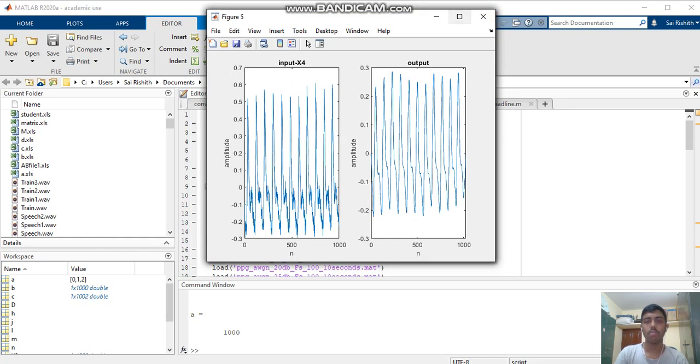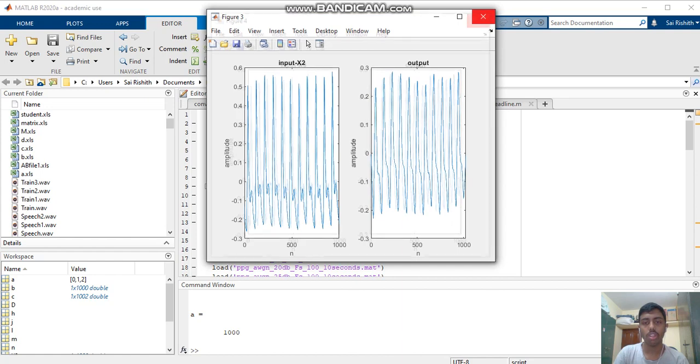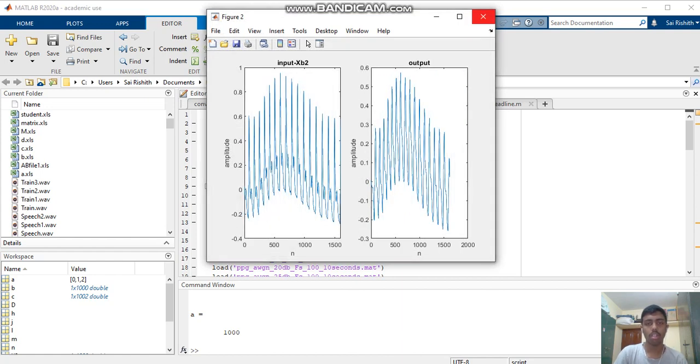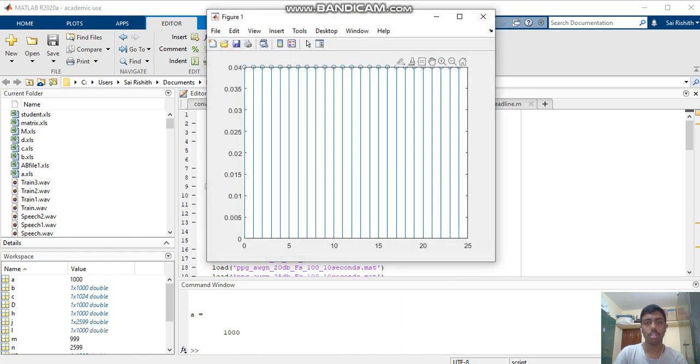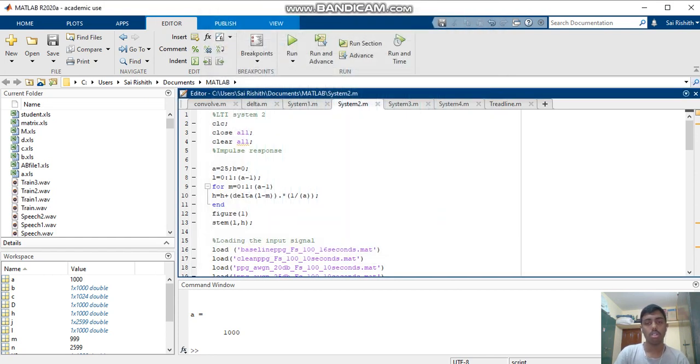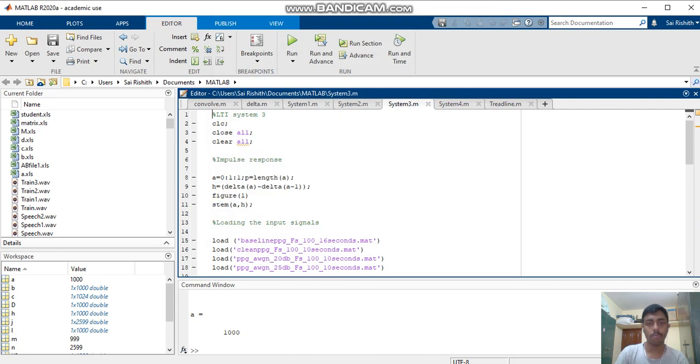See, you can say this is for the fourth signal, this is for the third signal, second signal, and this is for the first signal, and this is my input impulse response. Only at non-zero integers from 0 to 25 it is having non-zero values and the remaining are 0. And for the third system,